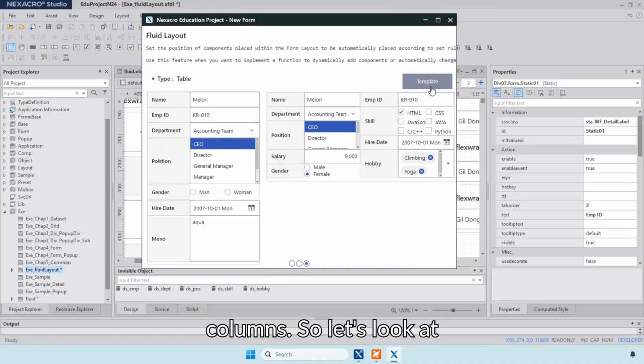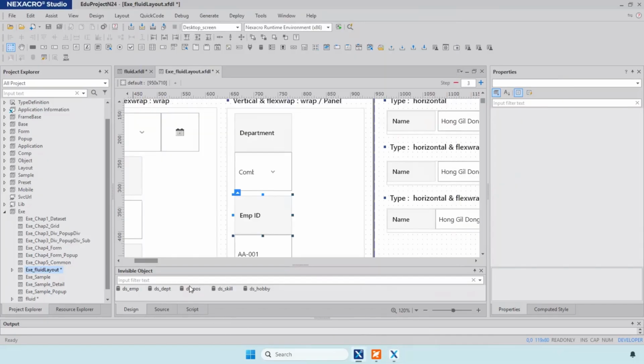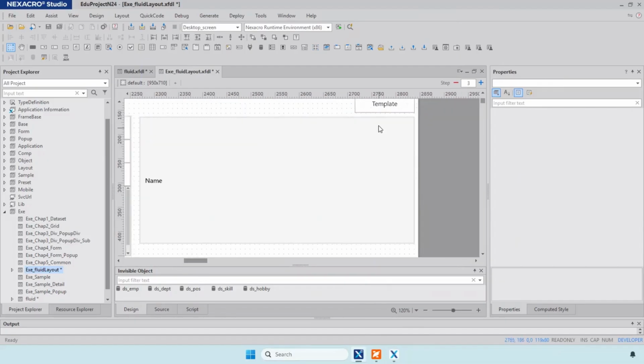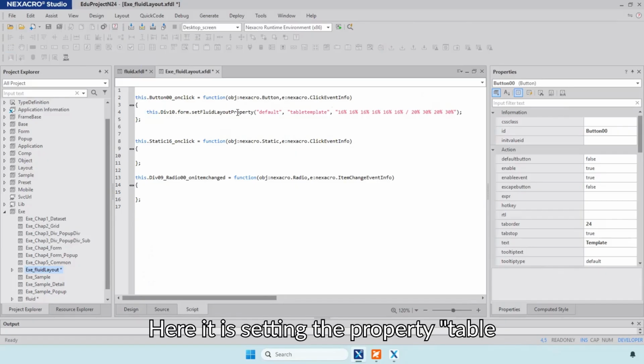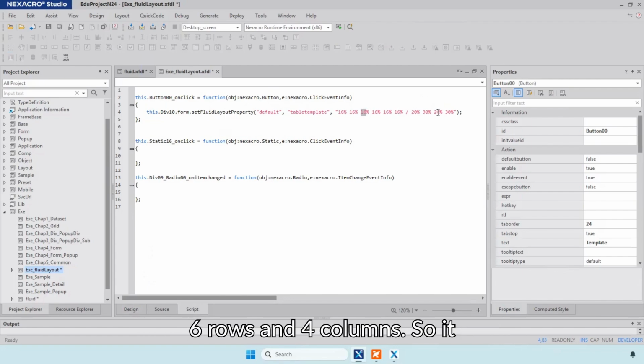So let's look at the code for the template. Here it is setting the property table template to this value here. There are 6 rows and 4 columns.